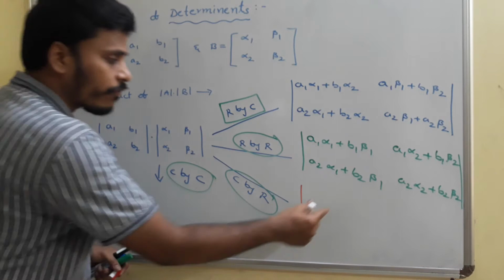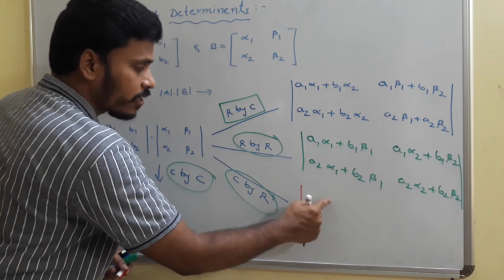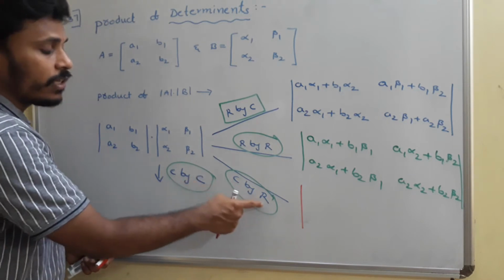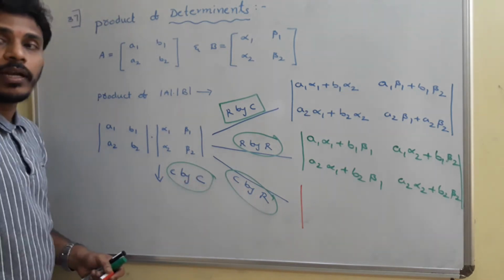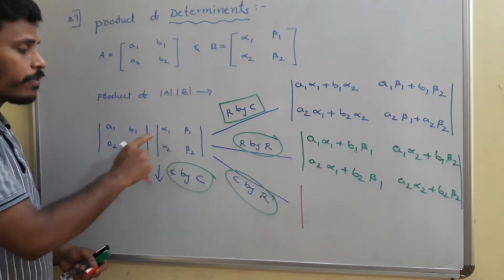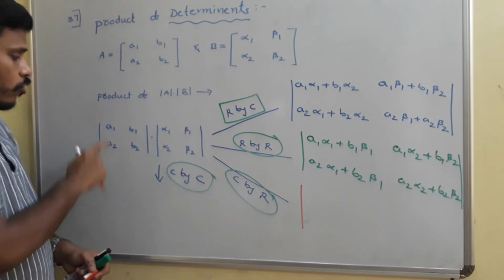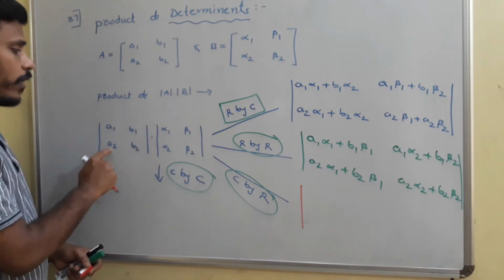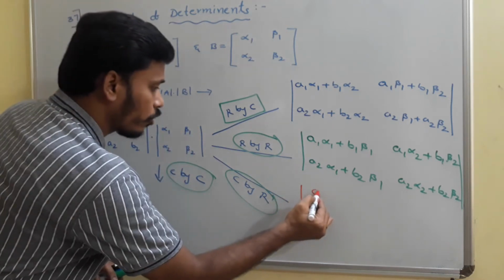Okay. Here the first row, first one. Actually, what is its suffix? 1 1. First row, first column. So, but we are moving with the column by row, right? Since we are moving with column by row, we need to take the first column as well as the first row. How it happens? Just look there.